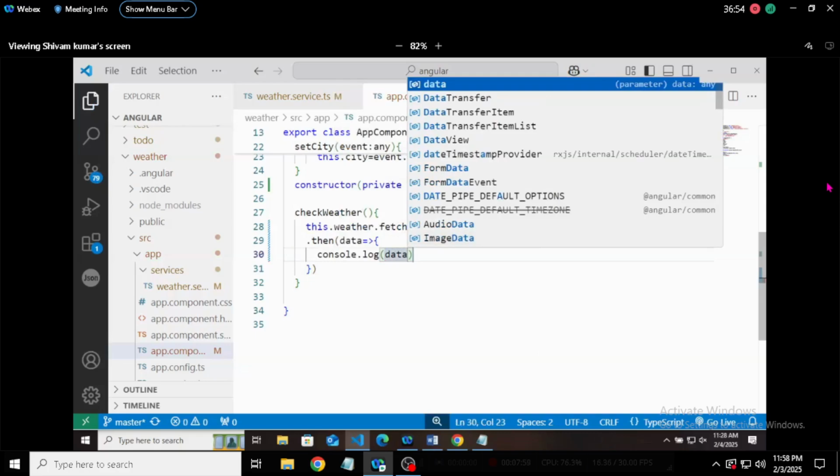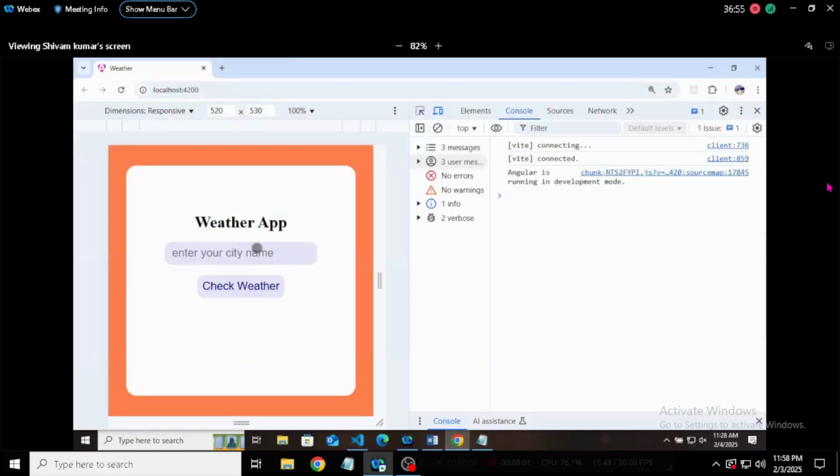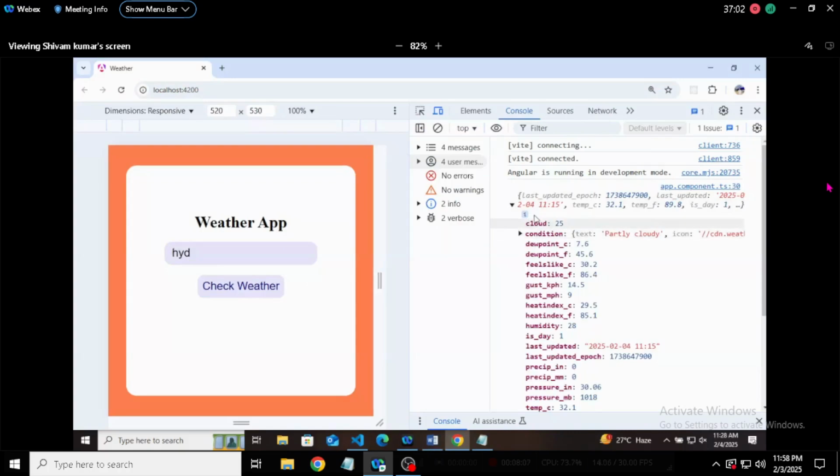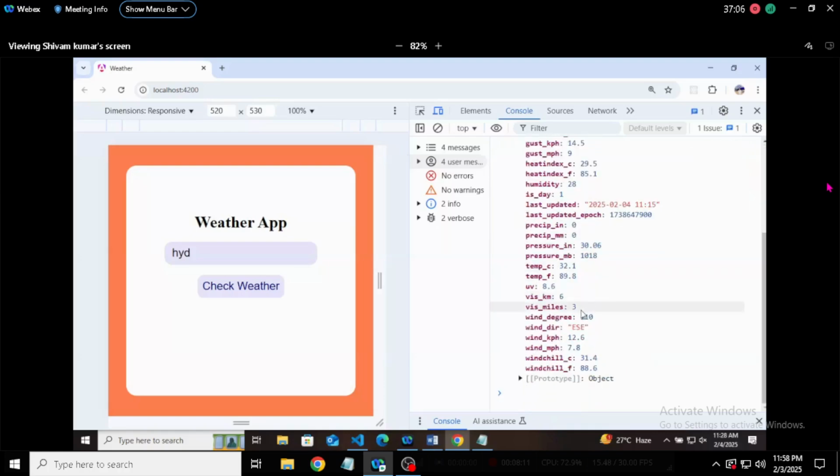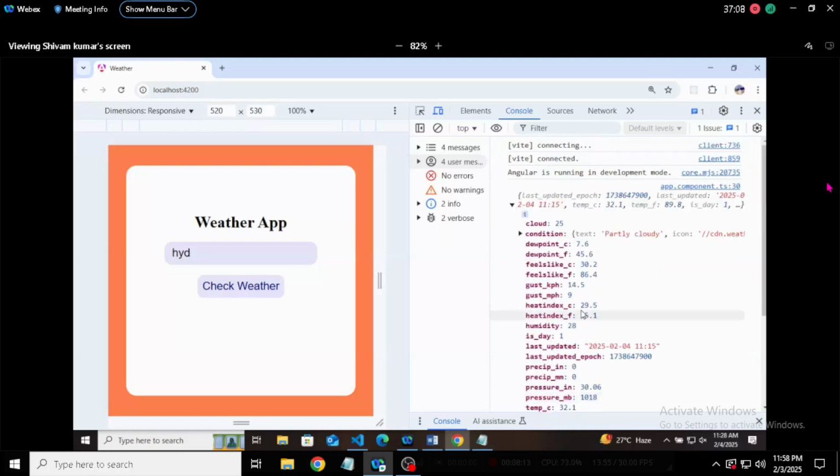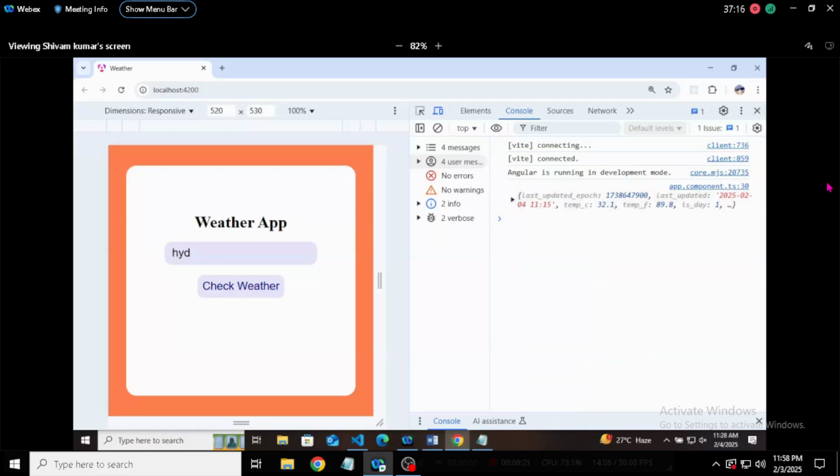That's it. Go to Angular, write the city name, check weather. So you will see that some sort of values are coming, right? That's what we need here. After clicking on check weather, values are coming. The next thing that we are going to do here is